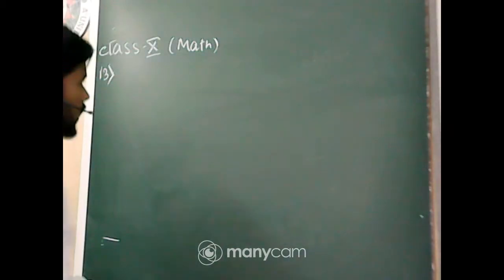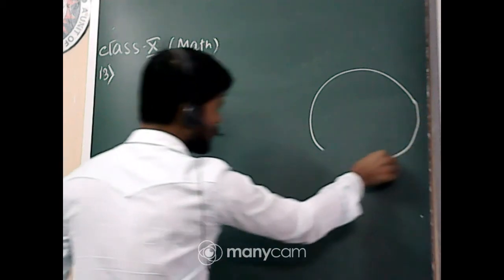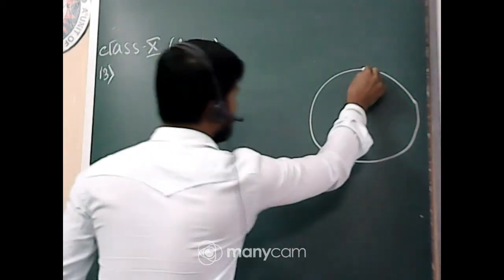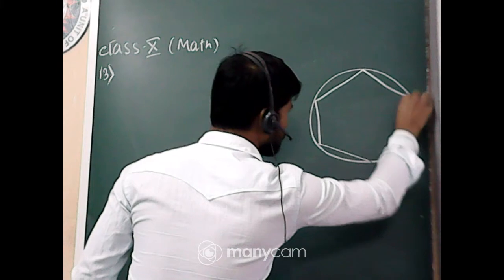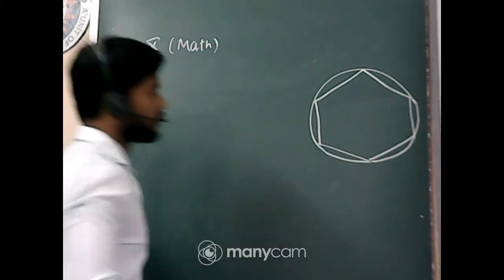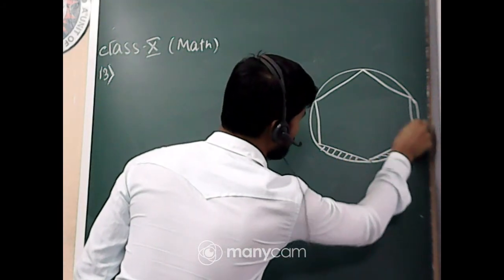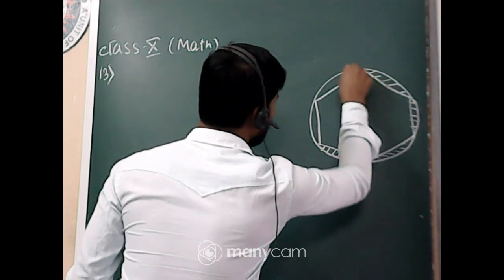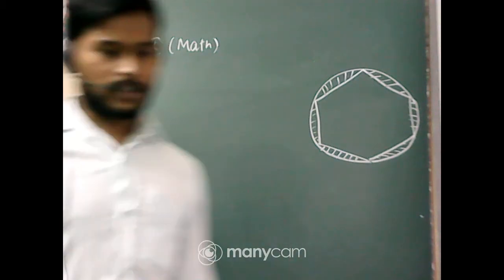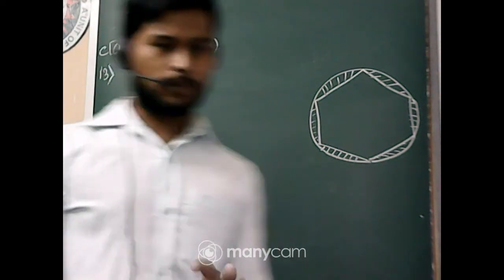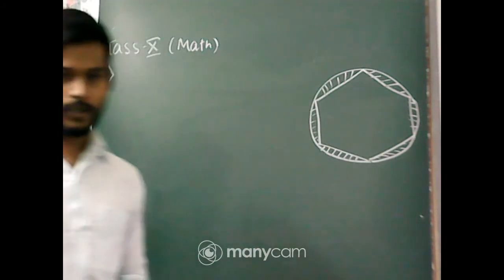Okay, so let me draw the diagram first. One circular table is here like this, and a design is made over here. There's a bending like structure, and the designs are made on this portion, this shaded region. The radius of the circle is given as 28 centimeter. We have to find the cost of making the design. The question is how to solve it.